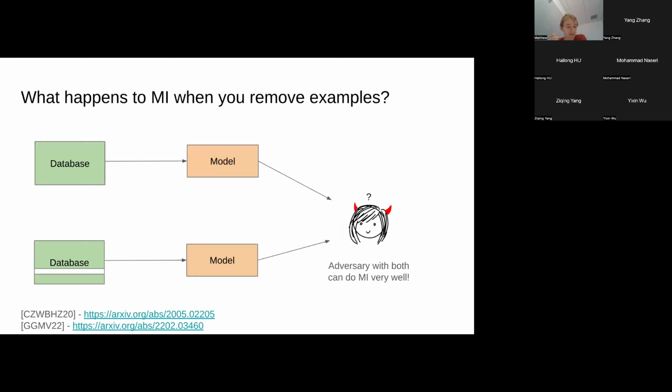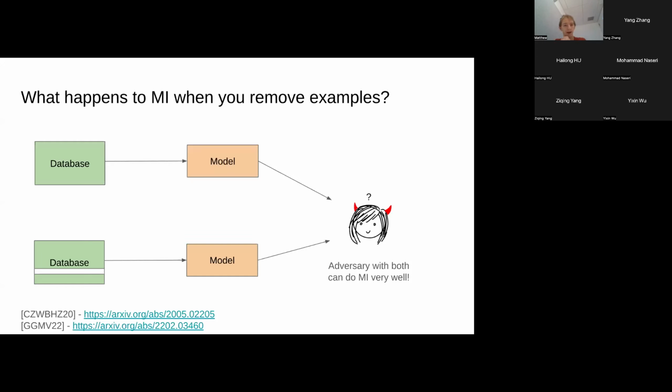And folks here have actually looked at this. Essentially what you get is, if your adversary can see both the model that had the point in the data set and the model where the point was out of the data set, then you can compare the two and do membership inference much better than if you had only seen one of these models. So that's the first result on membership inference and machine unlearning. And then you can also ask what happens to other points. That's what I'm going to talk about next.